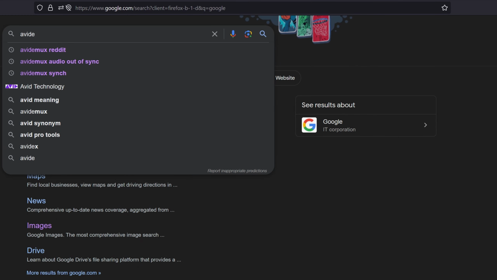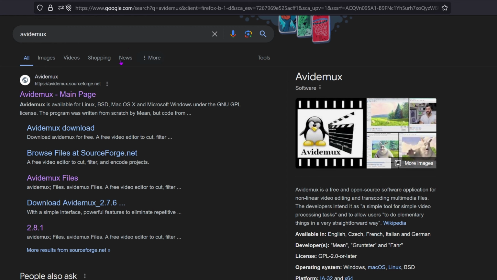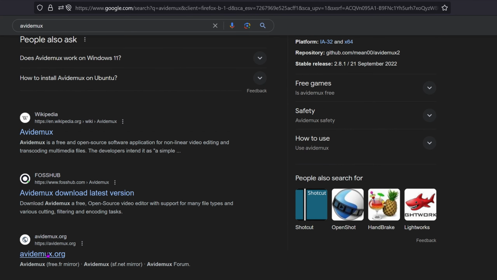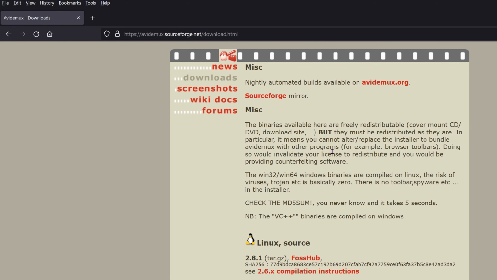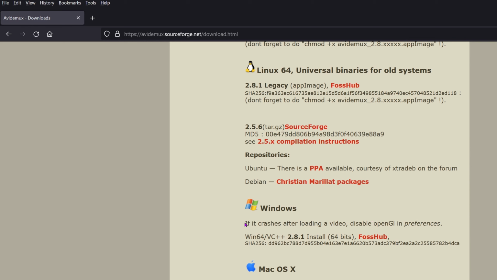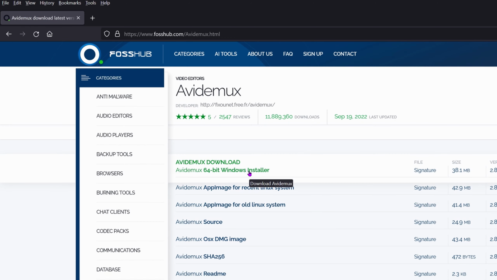This awesome tool is the open source program Avidemux. Yes, that's how you pronounce it. And you can get it from any of the links at avidemux.org. I have Windows 64-bit, so that's the one I downloaded. If you're not sure which version of Windows you have, just start with 64-bit, and if it doesn't work, download